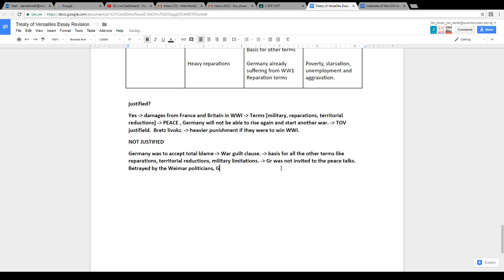Germany was expecting a truce rather than a defeat. But in terms of the treaty, it sounded like a defeat. So they actually didn't want to sign it, but they were betrayed by the Weimar people who actually signed it. And of course, they were not invited. When you're not invited, that is when the clauses can really go against you. Okay? So they accept total blame, which led to all these things, which is unfair. So now you type, why is it unfair?